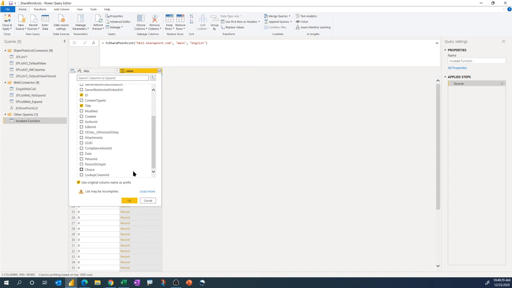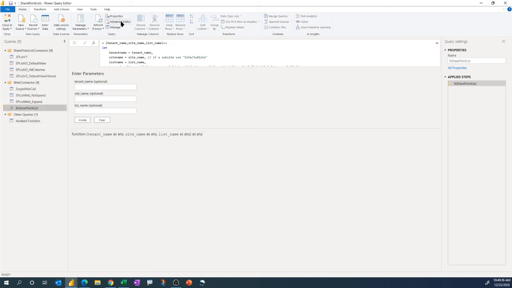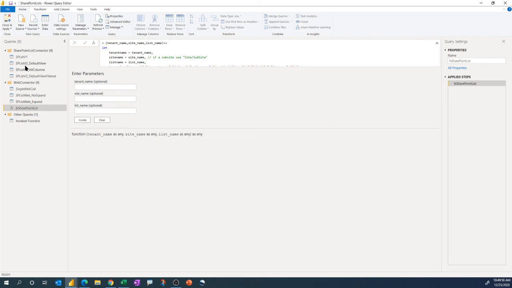Again, in the function here, it doesn't auto expand those columns, so you'd still have to play with this part to expand the columns of interest if you have person or lookup columns. And so I'm going to go ahead and delete this invoked function so it doesn't load. I don't think I've changed those. And I'm going to close the query editor here